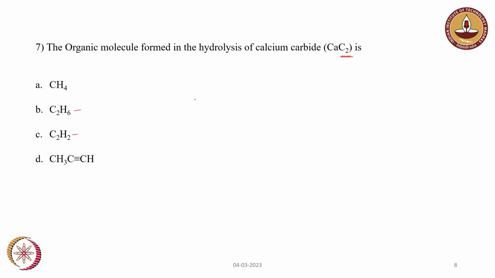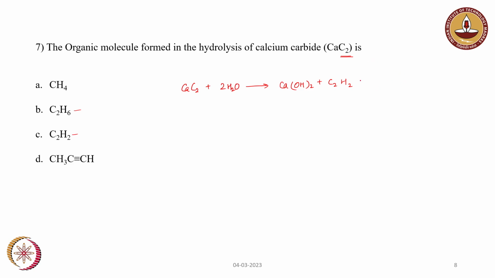When calcium carbide reacts with water, it will form calcium hydroxide and ethyne. So CaC2 plus 2H2O will give Ca(OH)2 plus C2H2. So option C will be the answer, and all second group carbides will give this on hydrolysis of carbide,